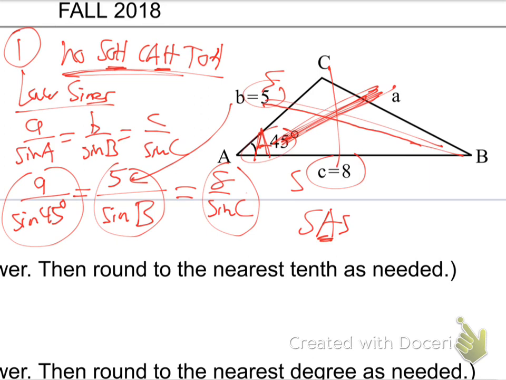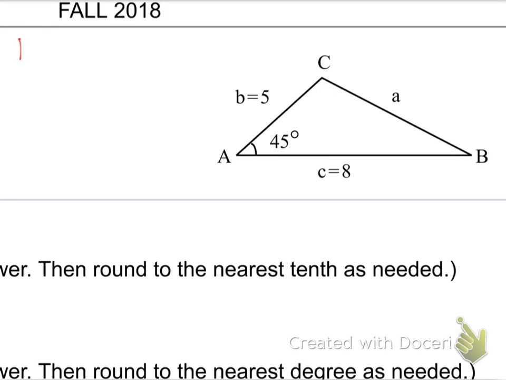That's why we need something new, law of cosines. That's why they invented it. So how's it going to work? Basically, it says you can use any of three of those. So